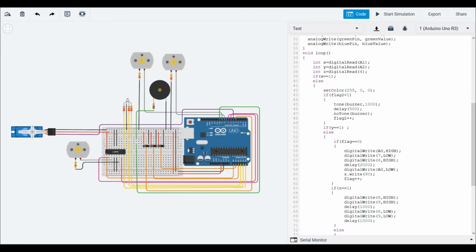There are three variables declared: x, y, and z. The x will store the analog signal from switch 1, y will store the analog signal from switch 2, and z will store the analog signal from switch 3. If a switch is turned off, the analog input will be 0. If a switch is turned on, the analog input will be 1. As soon as we turn on switch 1, the value of x will change from 0 to 1. There will be a red light from the LED and a beep sound. As soon as you turn on switch 2, the value of y will change from 0 to 1,